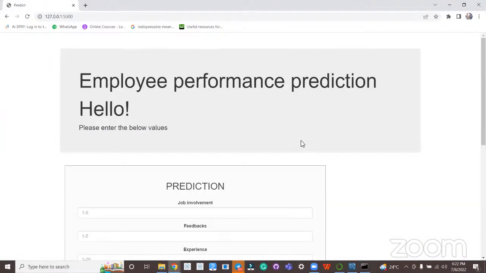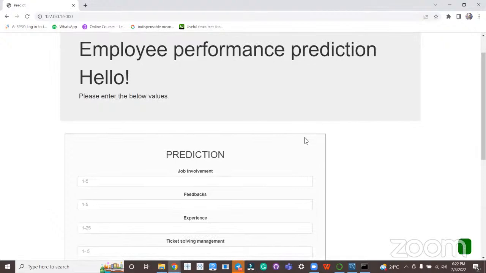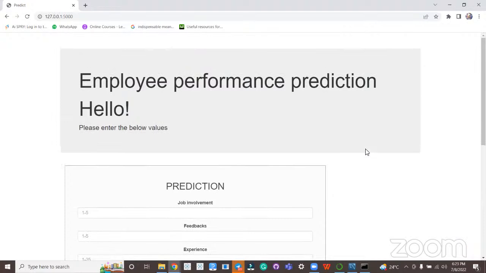Can we go to the deployment? Yes. This is for demonstration purposes only. A very basic UI has been shown here for you. And this, as we discussed, is the model, which is locally deployed using the Python Flask library.